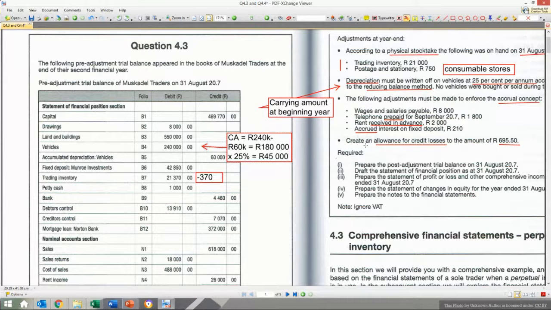Based on that post-adjustment trial balance, we have now drafted the statement of financial position and the notes relating to it. Now we will look at the statement of profit and loss and other comprehensive income, which basically shows all your income and expenses for the year to work out your profit or loss for that period, and then the statement of changes in equity, which will just show you the movement in your capital account. So if we go back to the Excel file,